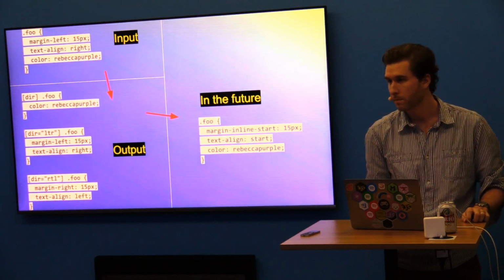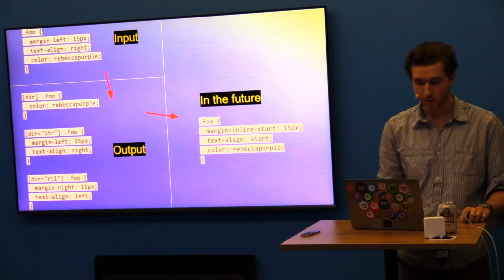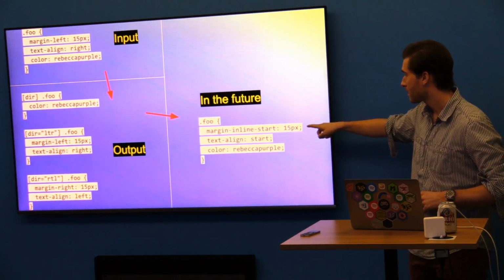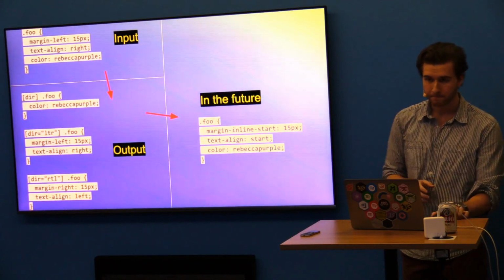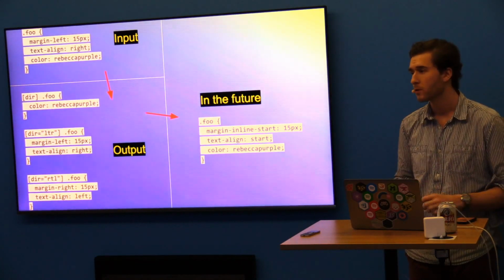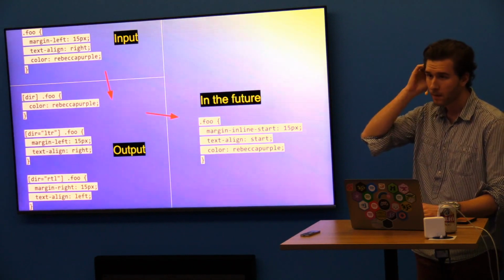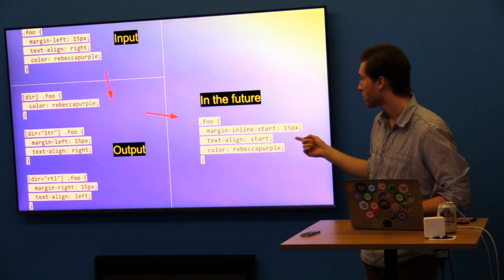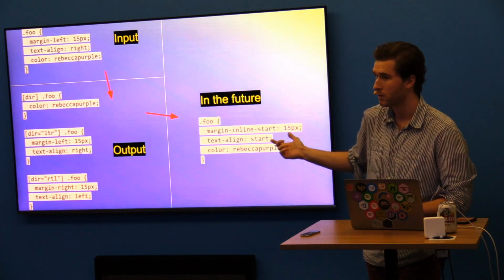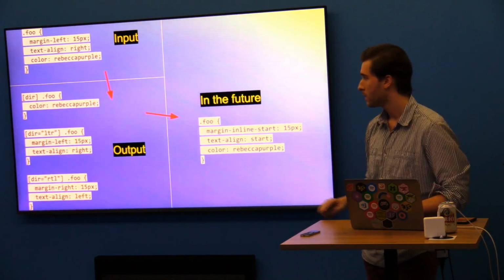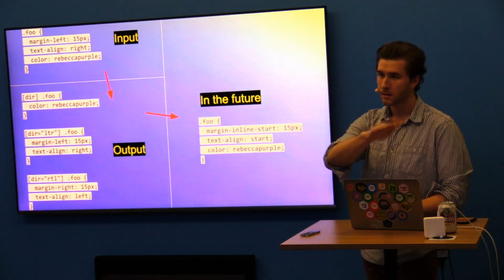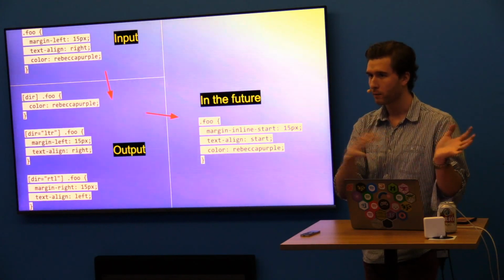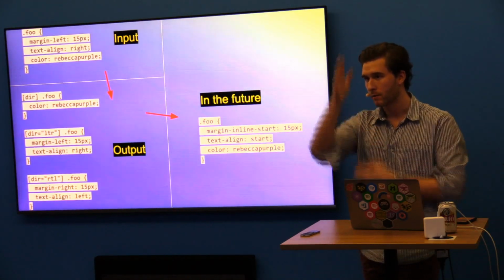on the base rule. So in the future, and I'm super excited about this, someone should do a talk about that, we're going to get these things called logical properties in CSS that aim to essentially just fix this problem. So instead of doing margin left, you're going to be using margin inline start. So there's going to be defined 2 axes. There's going to be the inline axis and the block axis. And all the rules are relative to these axes,